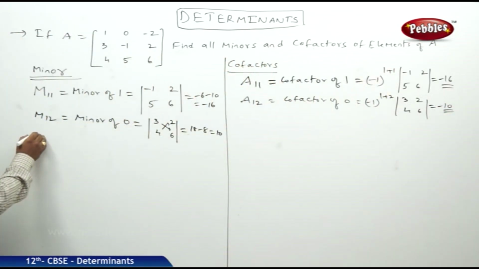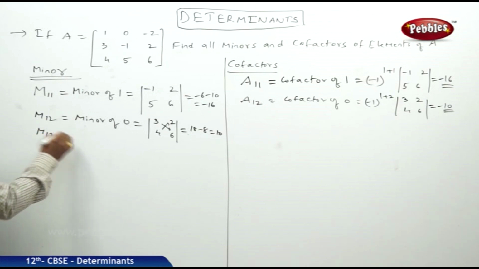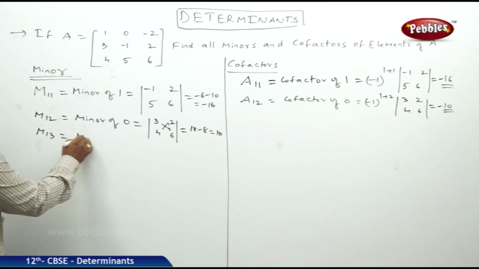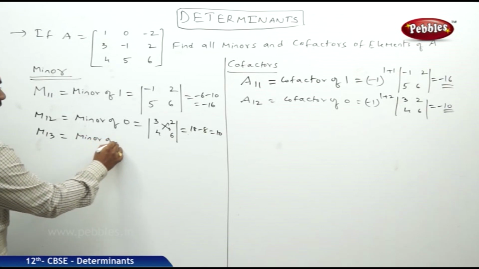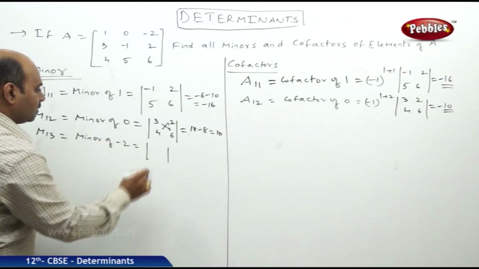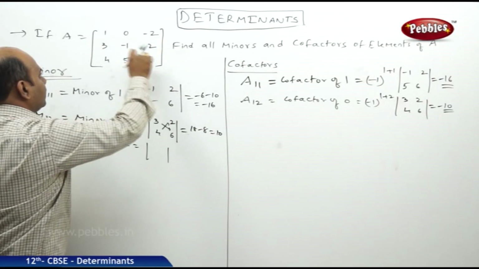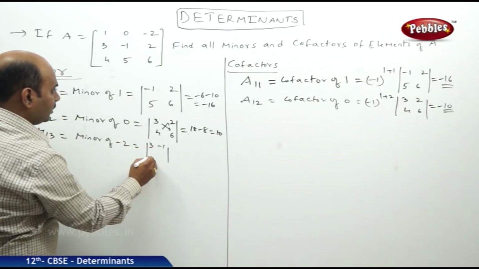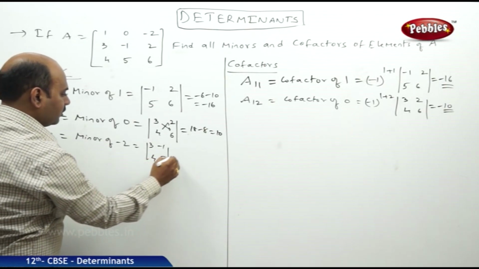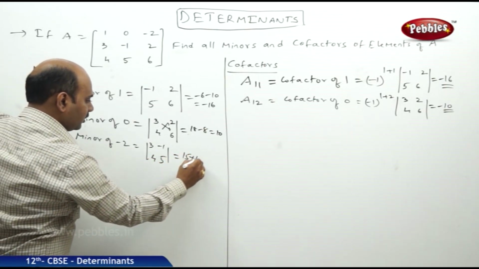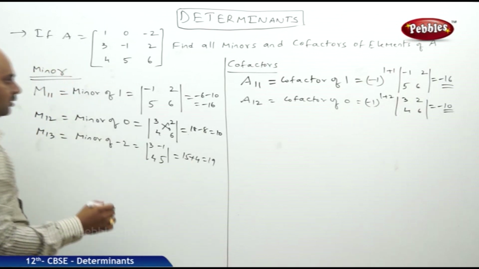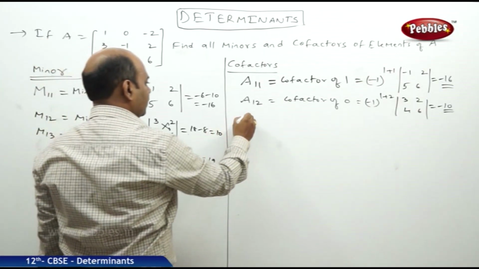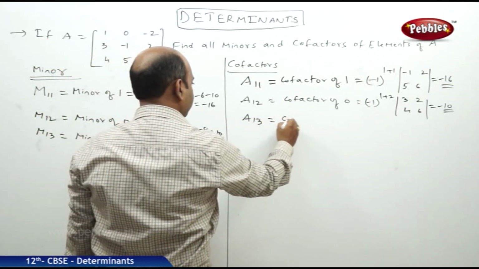Similarly here also I am going to find M13. M13 means what is the meaning? Minor of minus 2. That is equal to determinant obtained by deleting this row and this column. So 3 minus 1 and 4, 5. That means 15 plus 4, that is equal to 19. Here I am writing A13. A13 means